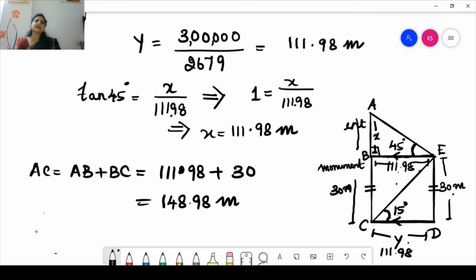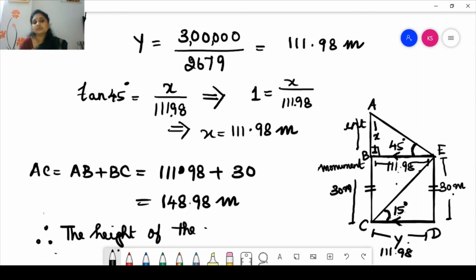Okay, so this is my answer. So am I done with all my steps? Of course not. I need to write the final answer statement. Please don't forget that. Therefore, the height of the monument is 148.98 meters. Okay, so in this we saw how to mark the angle of depression and then angle of elevation,